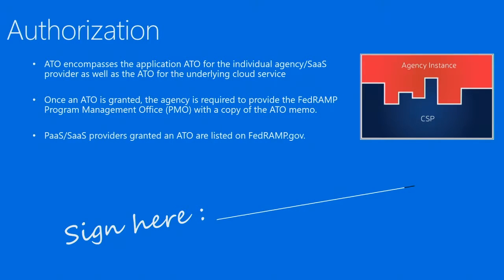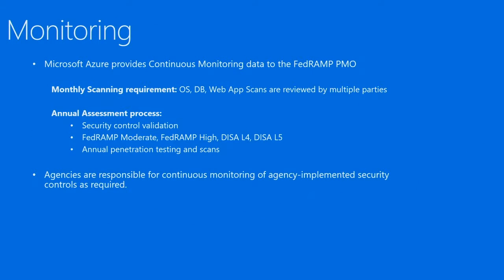So then we get to the authorization point. This is where everyone wants to get to the finish line. This is where you can go to production. This is where you get the signature and everybody can celebrate and enjoy the fact that the process is over and you've made it. And then you get to keep doing it some more.